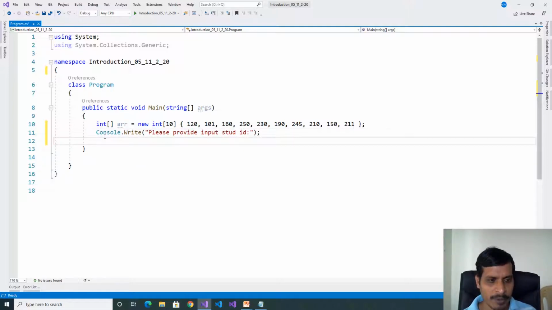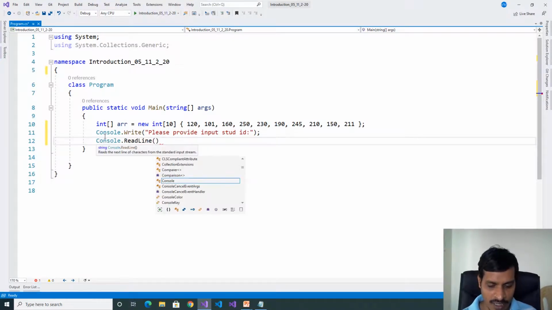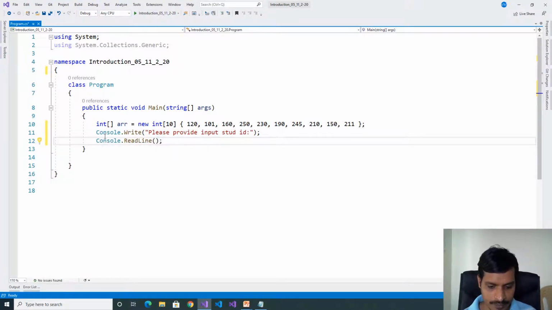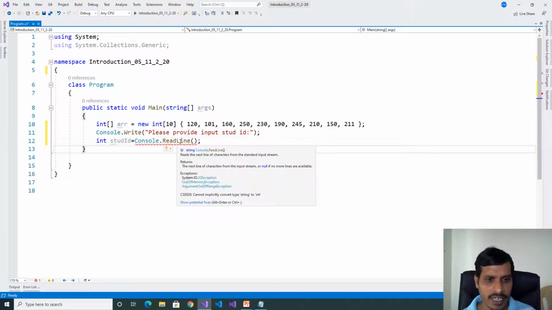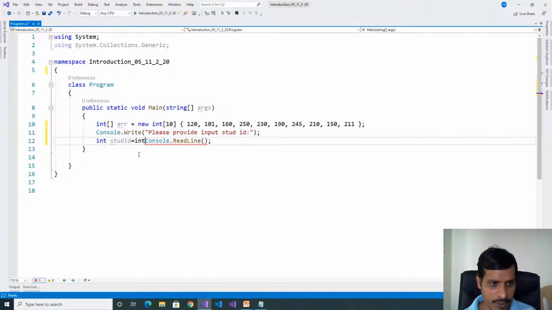Read the input from the command prompt using Console.ReadLine and assign it to an integer variable, int studentId. Here the ReadLine method returns a string, but we are trying to store it in an integer. We need to convert string to integer using the parse method. Here int.Parse of Console.ReadLine.